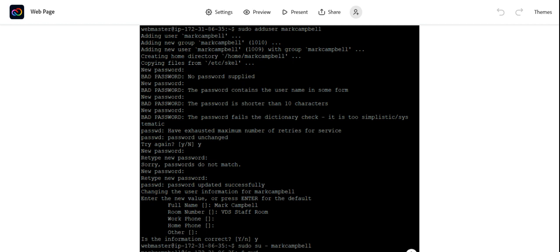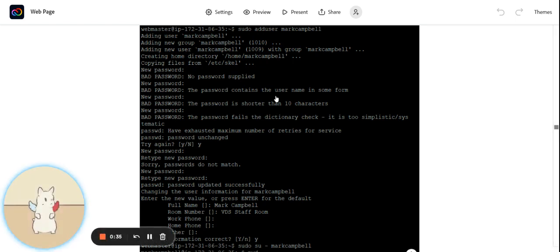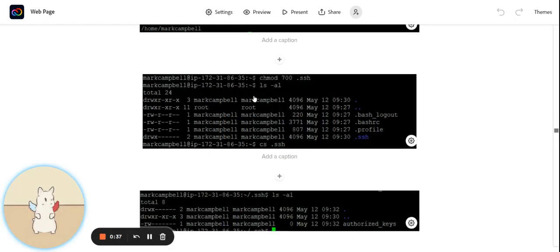I now wanted to switch to a new account, so I used sudo su Mark Campbell to access Mark Campbell's account. And now I could access the home directory for Mark Campbell's account,